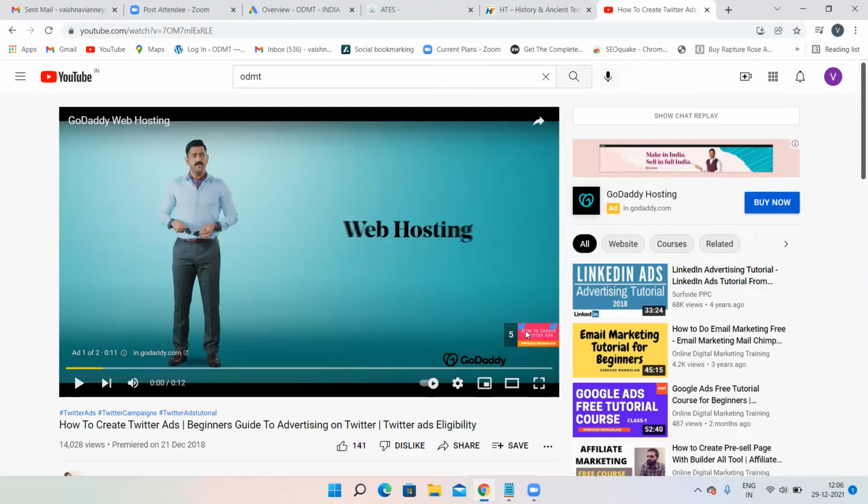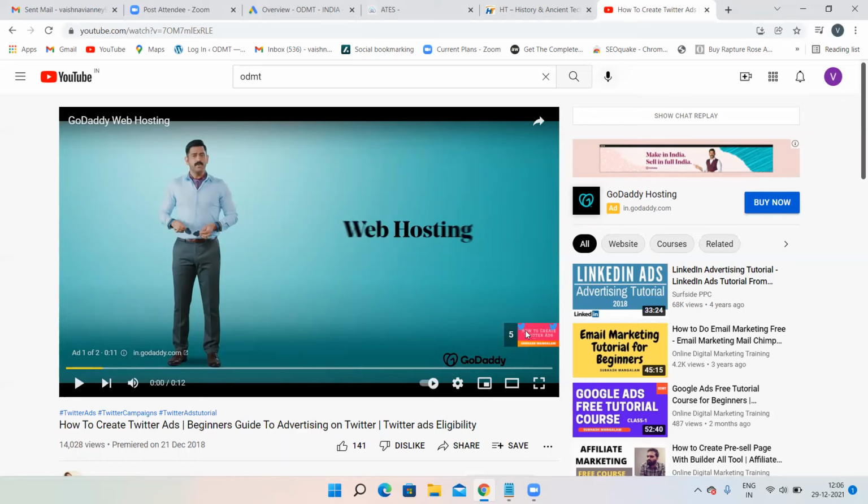So that means they have gone for non-skippable ad option. And video discovery ad. When to use a video discovery ad is, suppose you have a YouTube channel and you want to increase the subscribers of your YouTube channel. You want to increase the watch view of your YouTube channel. At that time, go for video discovery ads.